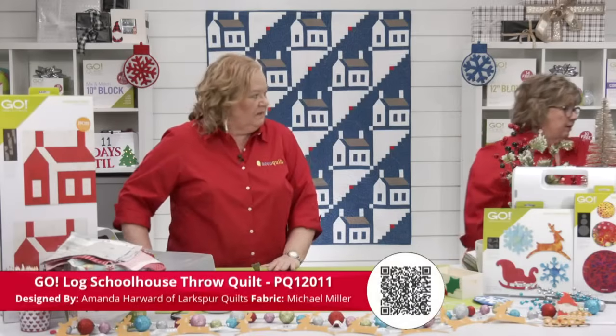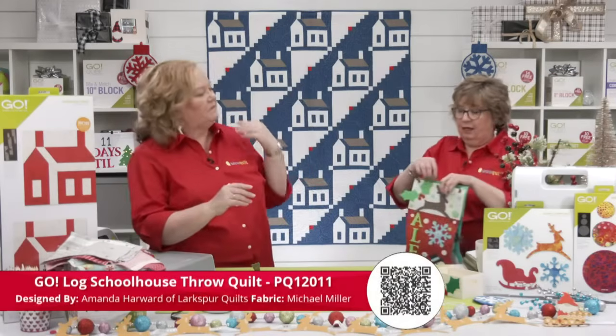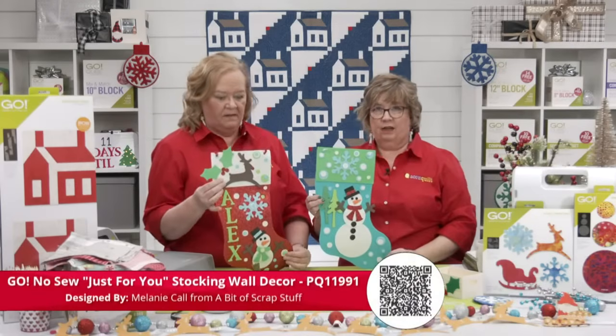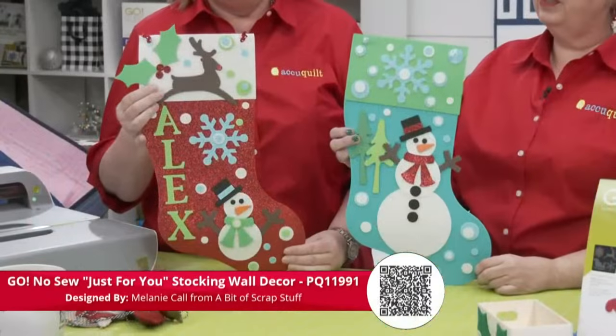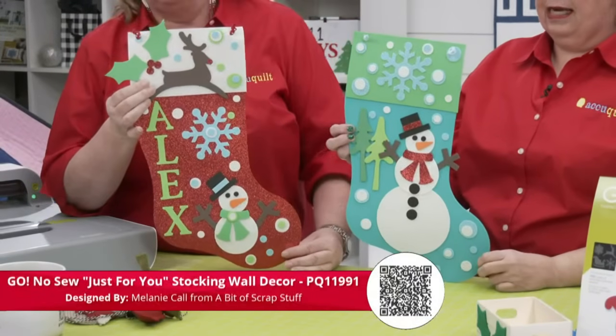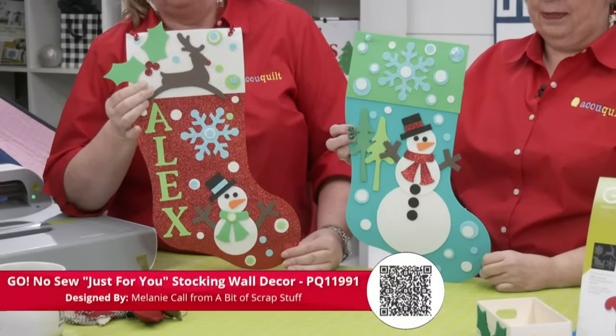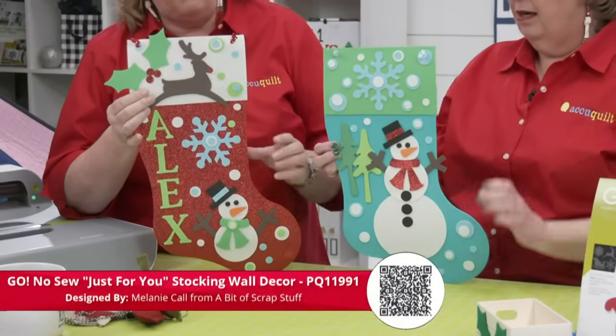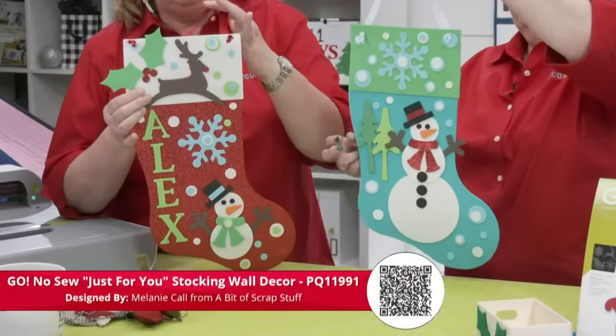Now here we've got the holidays coming up. School vacation is starting soon. Oh, if you're looking for no-sew projects, love. Here are the no-sew Just for You stocking wall decor and snowman stocking from Melanie Call with a bit of scrap stuff. And she's used so many of the dyes with the craft foam. With craft foam and ribbon, a total kid project, because I know like here,